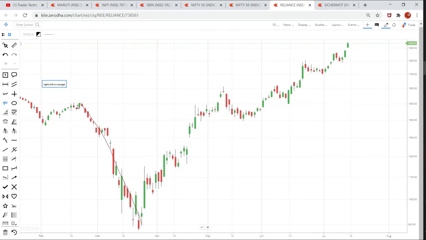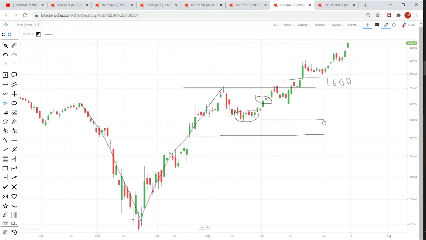If you see this, the stock went down from almost 1,500 levels in March to around 900 levels, and then from March it made a high around 1,500 levels. So think that I'm at this level today, or maybe at this level. If I'm interested in buying a Reliance stock, I'll mark this line at 1,500 levels or maybe 1,600 levels. If I want to buy this stock, I will wait for 1,600 to cross. Then only I will enter this market, keeping a stop loss maybe around this level or maybe around 1,400 levels.